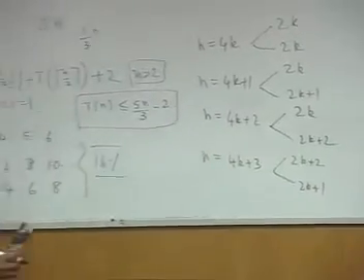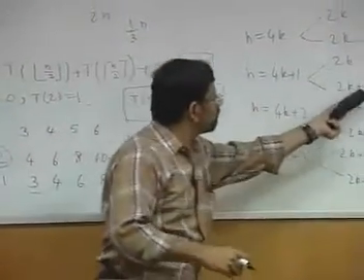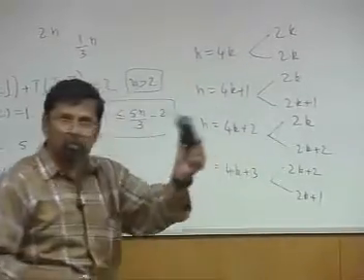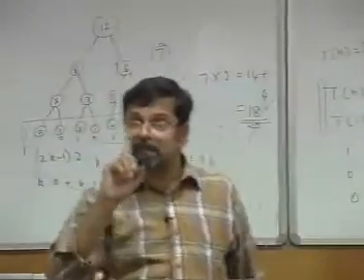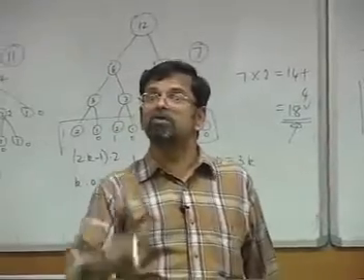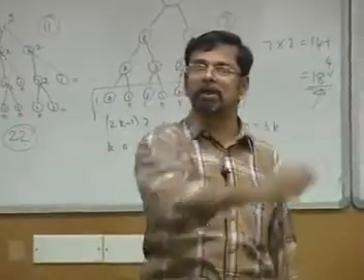One is 2k plus 2 and another is 2k plus 1. But the point is, you can see that if there is an odd number, that gives you only one odd child, and that will give only one odd child, and so on. So if there is an odd number, it is going to have only one 1 as a leaf. All other leaves will be 2.